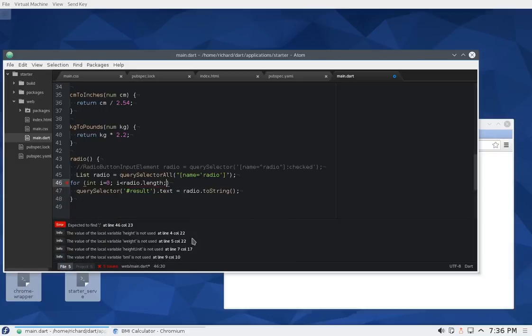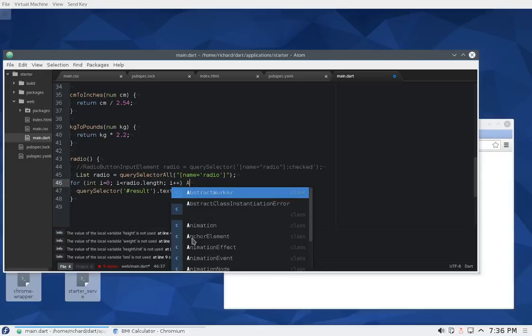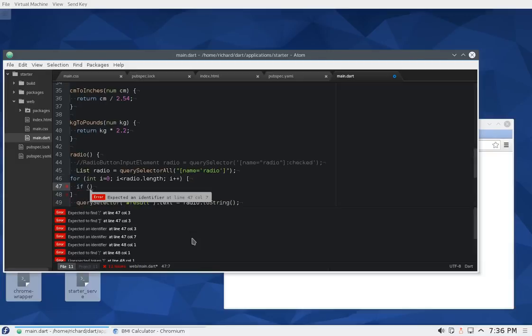Hope this looks familiar. i plus plus, right? If radio i dot checked,